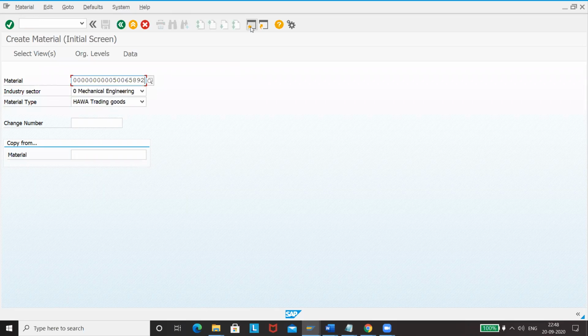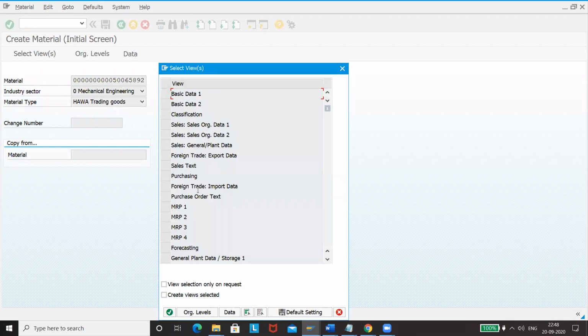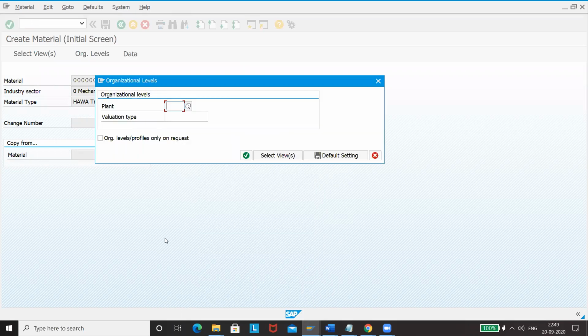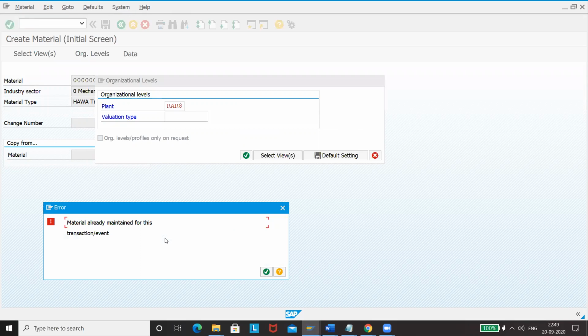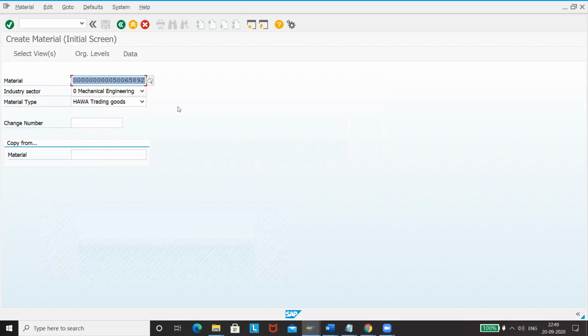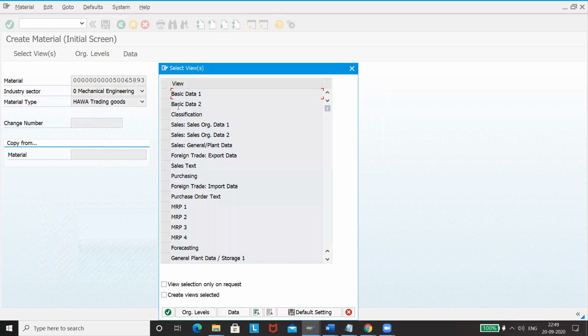Here you have to take this material, and once you click on this one, once you go to the accounting view, your plant. Okay, now it won't come because for this material we have deleted this plant. Now we have to take our own only. Okay, let us take our own company code.